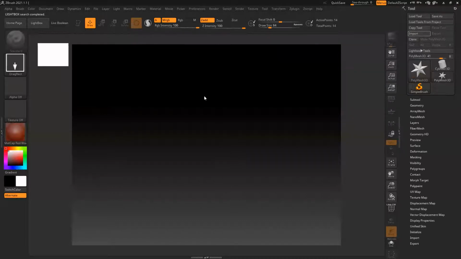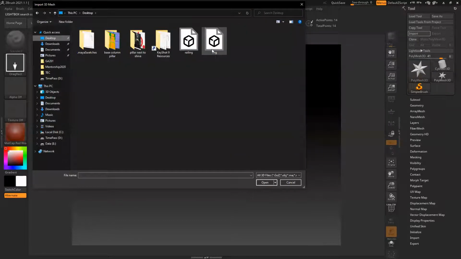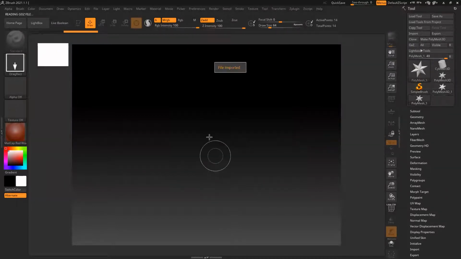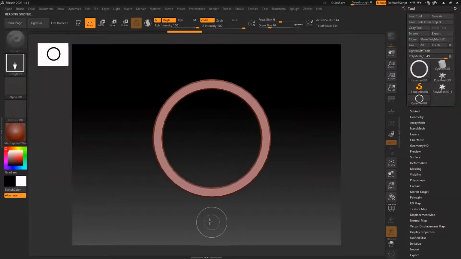Okay, import my model desktop. Or export it to FBX.